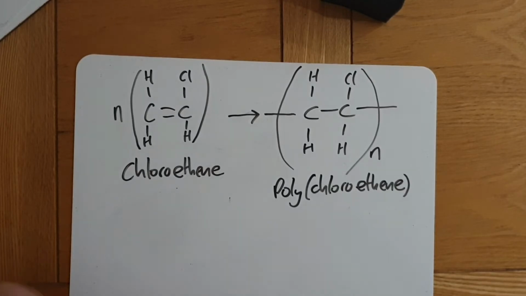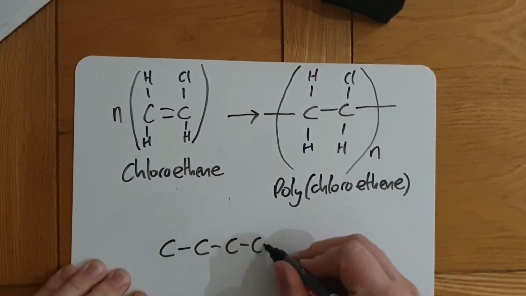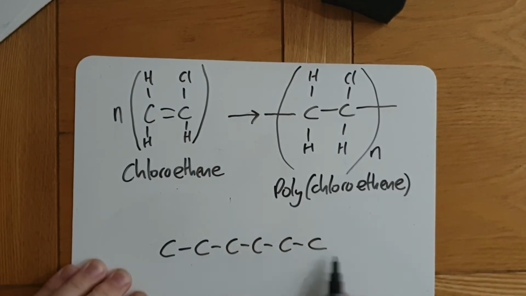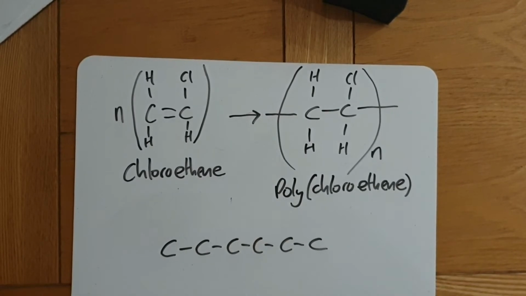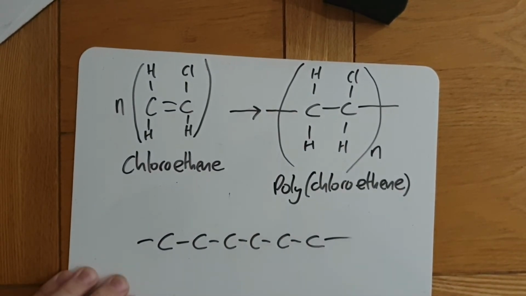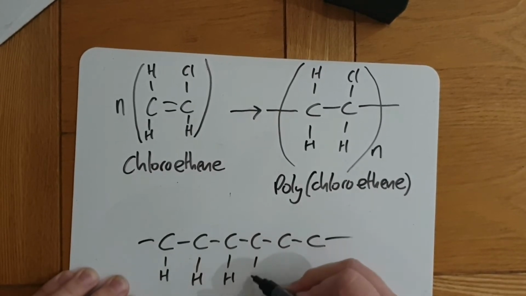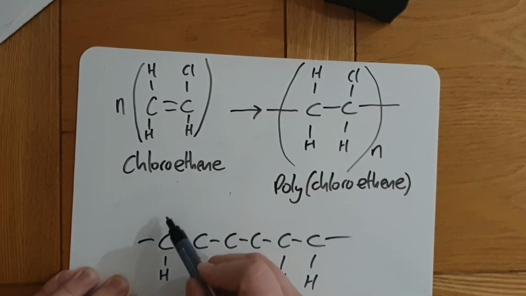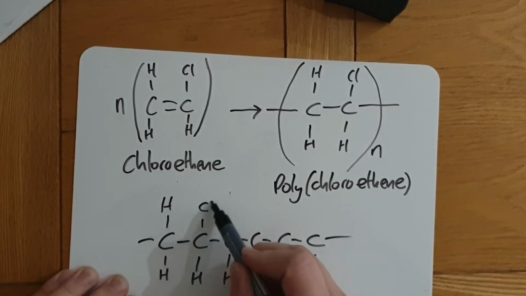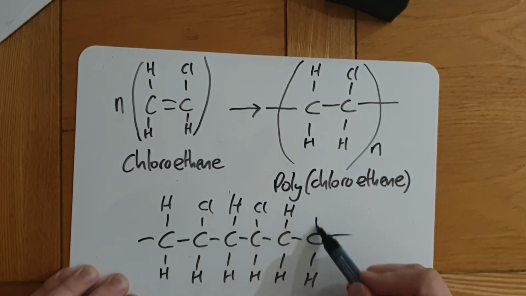Okay, so your 3 repeating units should have looked like 1, 2, 3, 4, 5, 6. 6 of those, because if we're drawing it 3 times, so 3 lots of 2 would be 6. You know, we need to carry on both sides. The bottom will all be H's, and the top would be an H, and then a Cl, and then an H, and then a Cl, H,